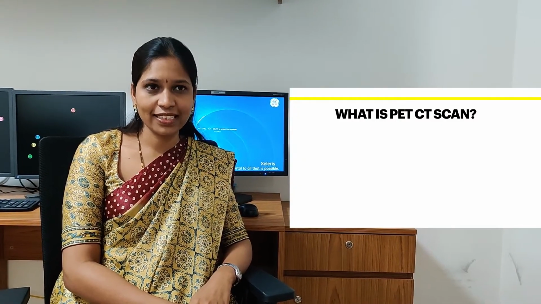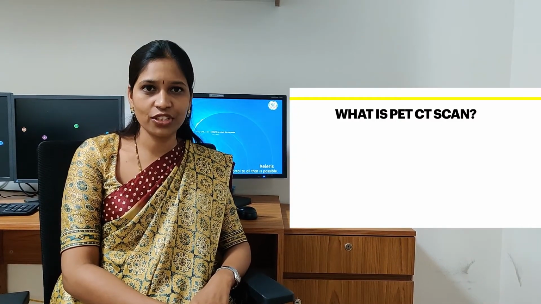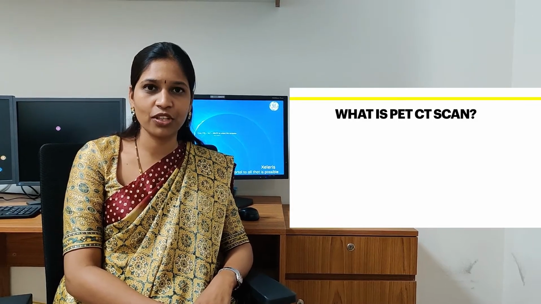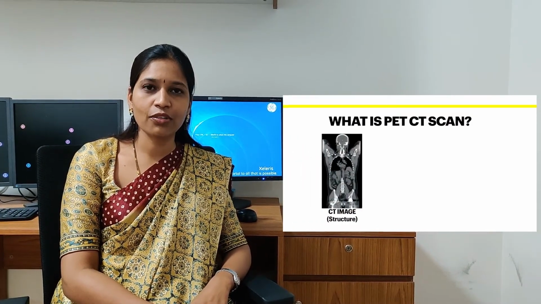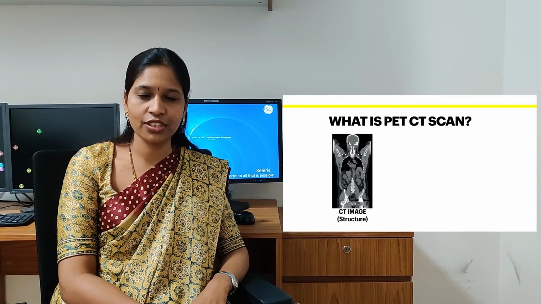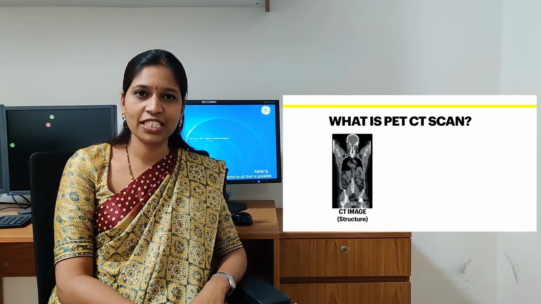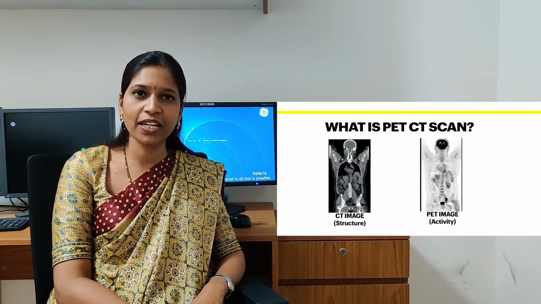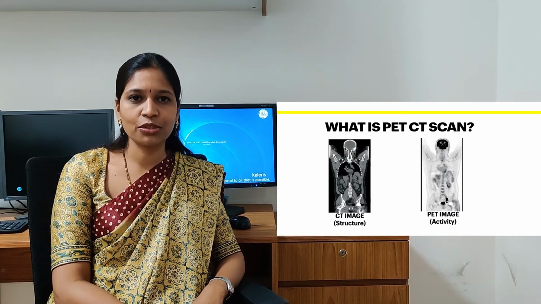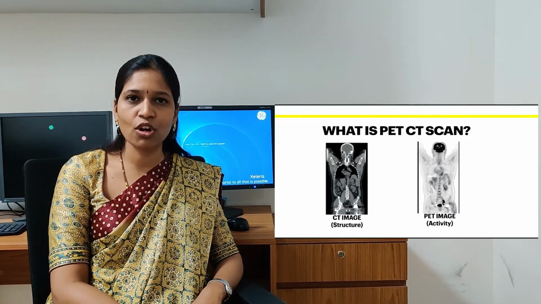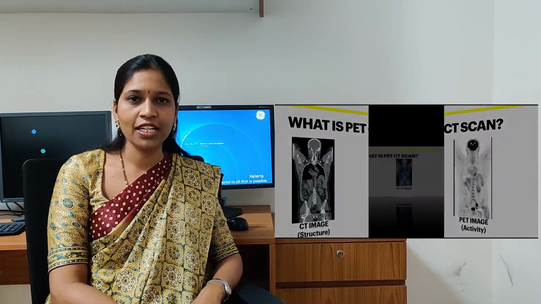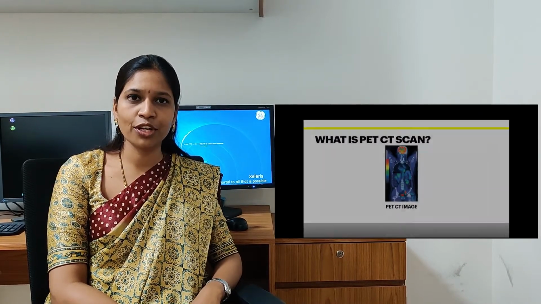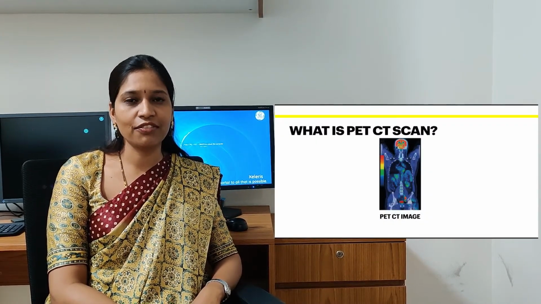What is a PET-CT scan? A PET-CT scan is positron emission tomography with computed tomography. Here we are going to acquire whole body images of the patient. Along with taking a whole body CT scan, we are also getting a PET image, that is positron emission tomography image, by injecting a small amount of radiopharmaceutical. In FDG PET-CT, it is going to be fluoride labeled FDG.